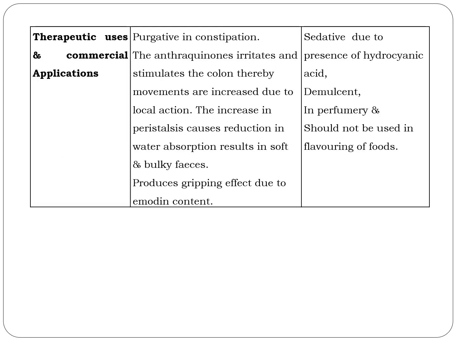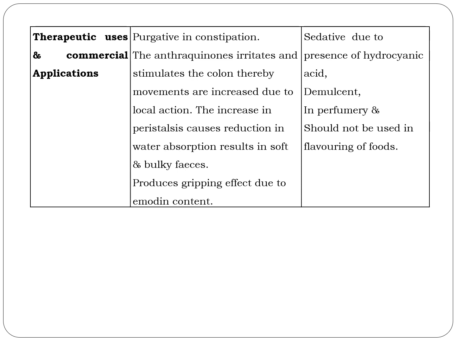Coming to therapeutic uses, senna is a purgative in constipation. The anthraquinone irritates and stimulates the colon, thereby movements are increased due to local action. The increase in peristalsis causes reduction in water absorption, which results in soft and bulky feces,